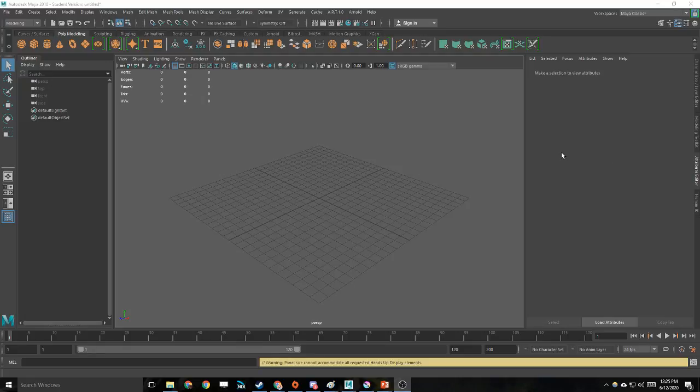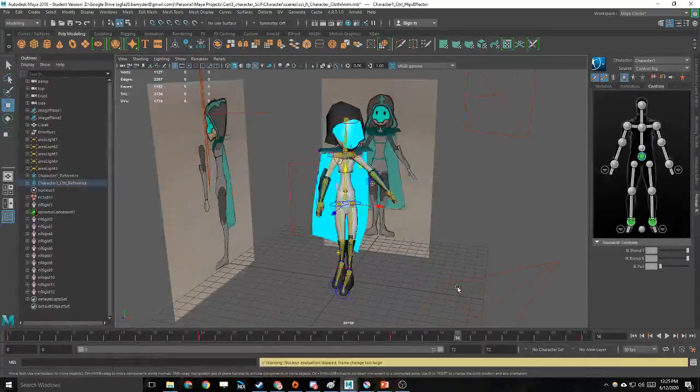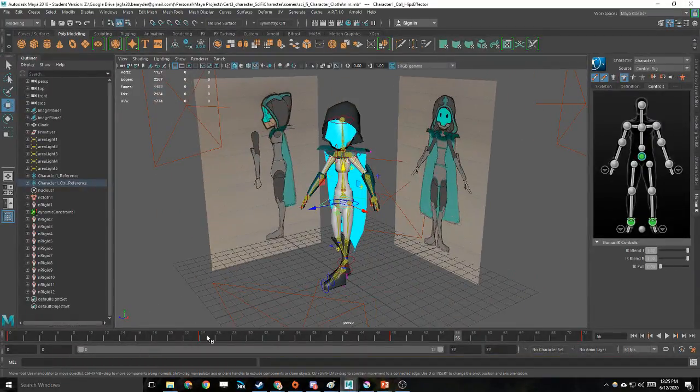Okay everyone, so what we're going to look at today is a quick intro to Maya. We'll probably do a few quick intros to Maya, but what I wanted to look at today is first how to move around, how to load in orthographic images and start modeling characters. So later on, when you're in the Cert 3, we actually start looking at how you can do character models,